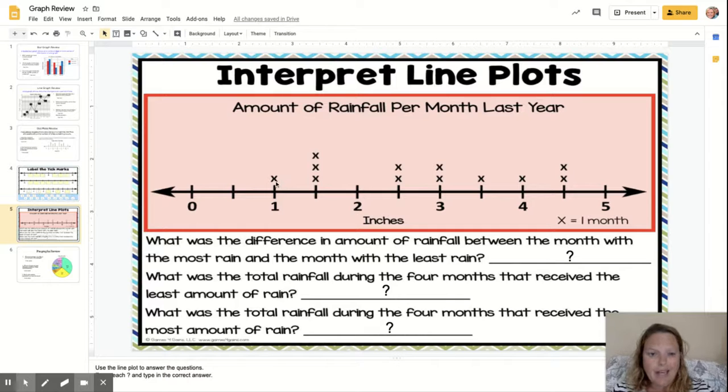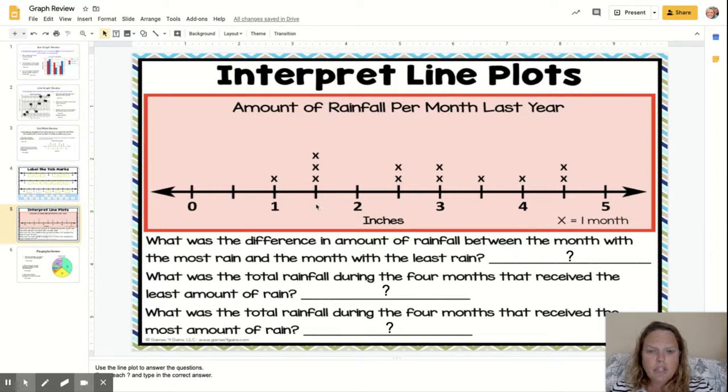So let's count, make sure there are 12 months. 1, 2, 3, 4, 5, 6, 7, 8, 9, 10, 11, 12. Yep, there's 12 months. So what was the difference in amount of rainfall between the month with the most rain and the month with the least rain? You know what you're going to have to do? You're going to have to add, what does all this mean? So like 1 month had just 1 inch, right? 3 months had 1.5 inches. So you're going to have to add 1.5, 1.5, 1.5. So 1.5 and 1.5 is 3 plus another, so that's 4.5,